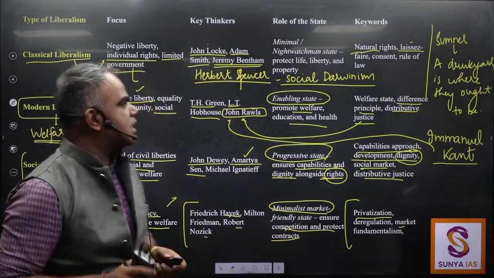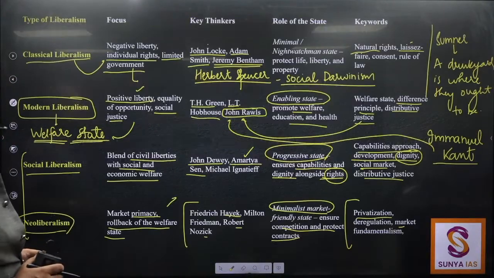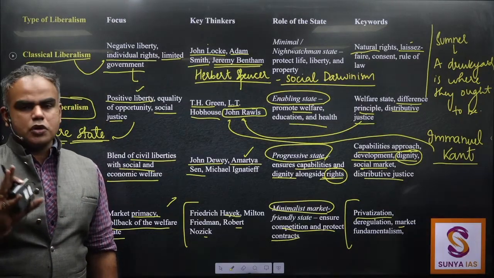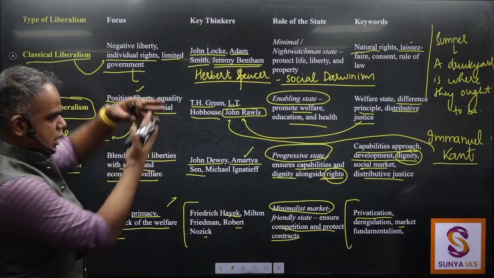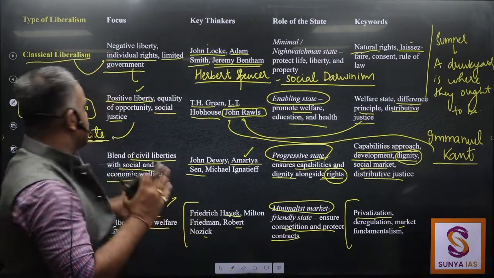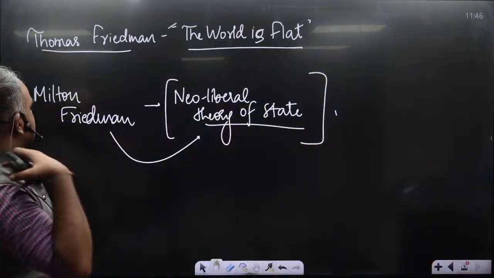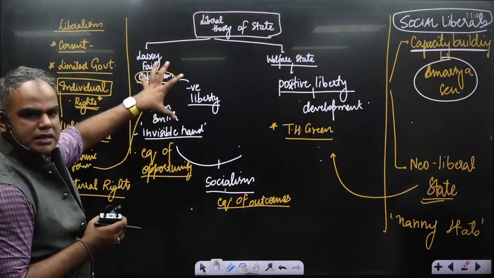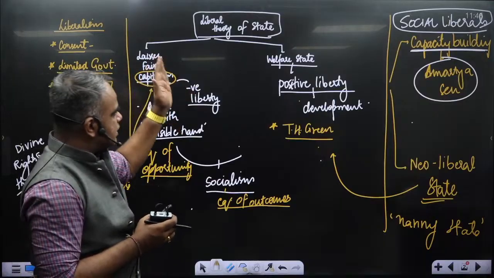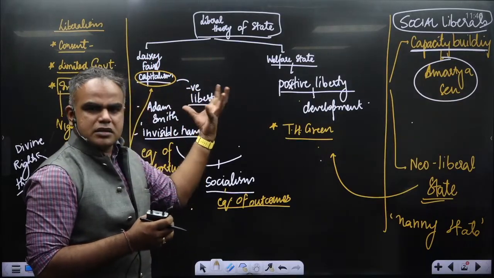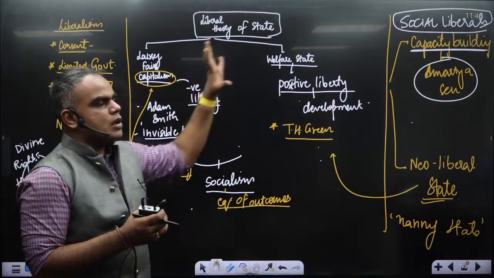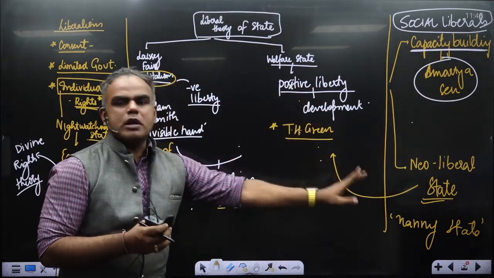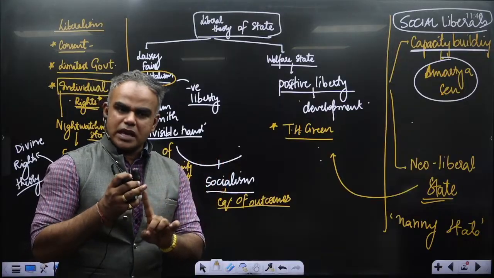Now, let's come back to the question. If the question comes again, liberal theory of state, what should we write? This can be a question again because you already have so much content. So broadly speaking, if the question is on liberal theory of state, focus on laissez-faire capitalism, then criticize it, or just tell that the inadequacies of this model led to the welfare state and their scholars. And when you end it, mention neoliberal theory, even if it is a 10 marker.